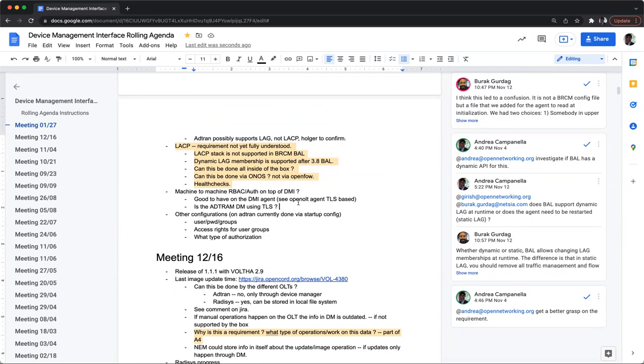And especially, this is going to be a topic for when the Radisys implementation comes in, which is going to be in the future. It's the same thing we did for the OpenOLT agent and OpenOLT adapter. We secured it with TLS. That's definitely something we want to do, but not at this point in time.